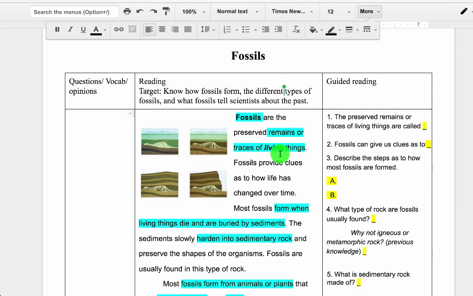So we have fossils, the remains or traces of living things, form when living things die and are buried by sediments, harden into sedimentary rock. So perhaps for myself, I know that fossils is a vocab word, so I could put that there. And then I went to this really awesome national park over last spring break where I saw a whole bunch of fossils. So I might just jot down fossils in National Park in Arizona